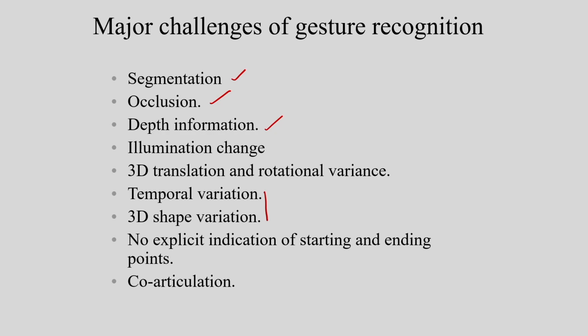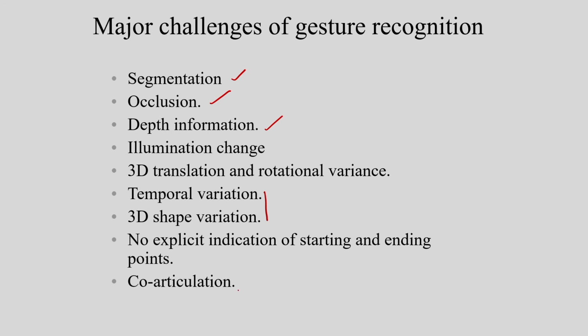And also if I consider a continuous gesture, then in this case we have to find the starting point and the ending point of the gesture. So how to do the segmentation? If I do the gestures continuously, that is the continuous gesture. How to do the segmentation is one important point. That is the segmentation of the continuous gesture.